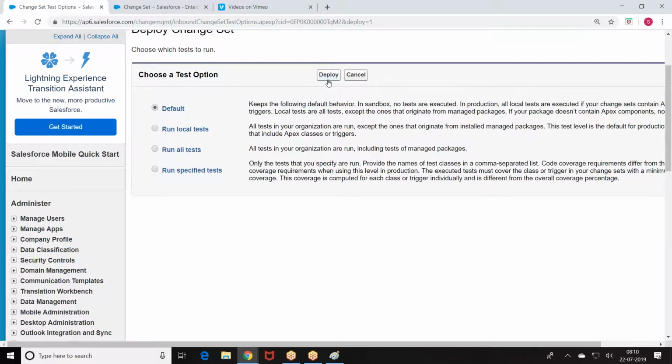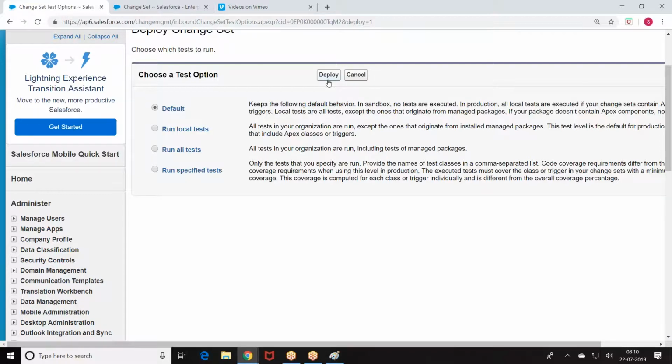What are the elements which we cannot add to an outbound change set? Profiles, users. We cannot add profiles or users or any schedule effects which are active. We have to deactivate them in the production, then only we can. Triggers or schedule effects which are active, we cannot modify. First we have to deactivate them, then modify. You add them to the change set and push it. Profiles and users cannot be deployed from a change set. So create an outbound change set, then upload to production.